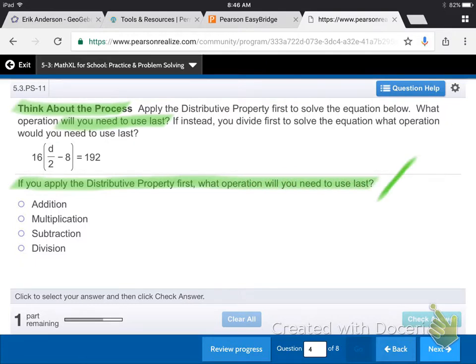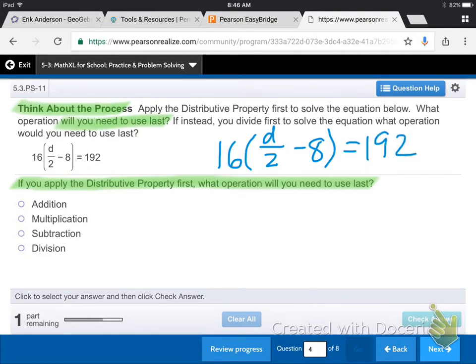So the first one is, if you apply the distributive property first, what operation will you need to use last? Okay, so let's go ahead and practice solving this equation. I'll write it down first. It is 16 times the quantity of d over 2 minus 8 equals 192. So we're going to distribute first. 16 times d over 2 is 16 times d over 2, and minus 8 equals